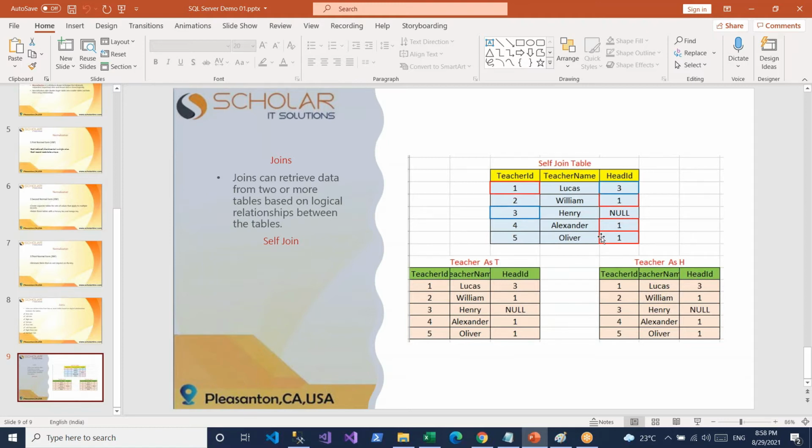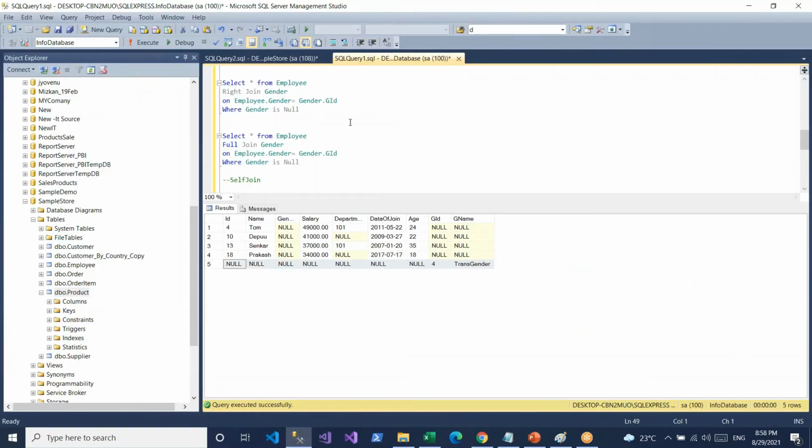So in real time, we need to get the data: who is the manager, who is the teacher, and who is the head in this case. In the same manner, if you apply it to the employees table, we'll do the same thing.